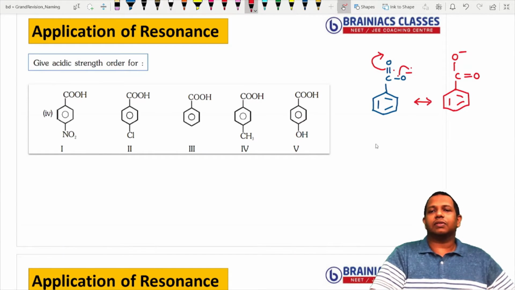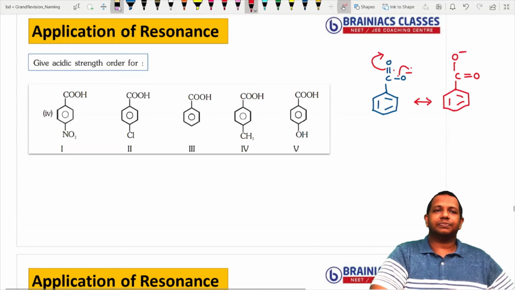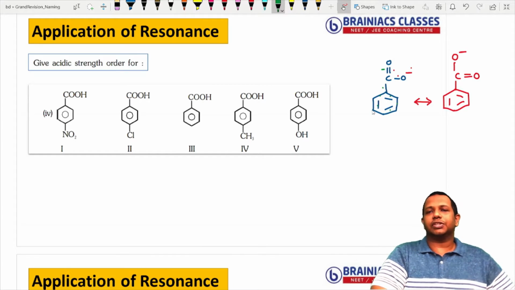The other form of resonance that is happening here is, let me explain. You can see double bond, single bond, double bond, single bond, double bond, single bond, double bond. So there is a conjugation here. So we know that whenever double bonds are in conjugation, one of the double bonds will shift towards another double bond. But here many students will ask, sir, why doesn't this double bond come downwards? No, because oxygen is more electronegative. So it will pull the pi bond towards its direction. So what will happen? Here minus charge will come. Okay, so here plus charge will come.